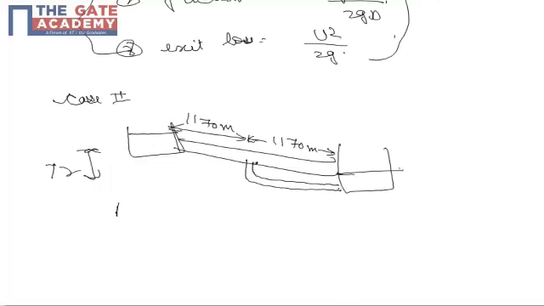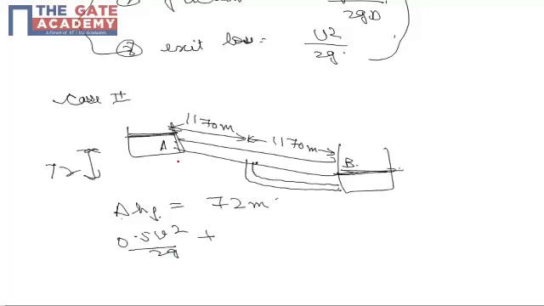Now for the pipe, we know delta HF, the total head loss through the pipe from point A to B, is equal to the difference in level of water in the two reservoirs, that is 72 meter. Now 0.5 v square by 2g plus, first of all I am writing it for the initial portion, that is A, B, let's say this is C. I am writing it for AC. FLV, FL is 1170 meter, v square by 2g, and D is given as 0.3 meter, plus.